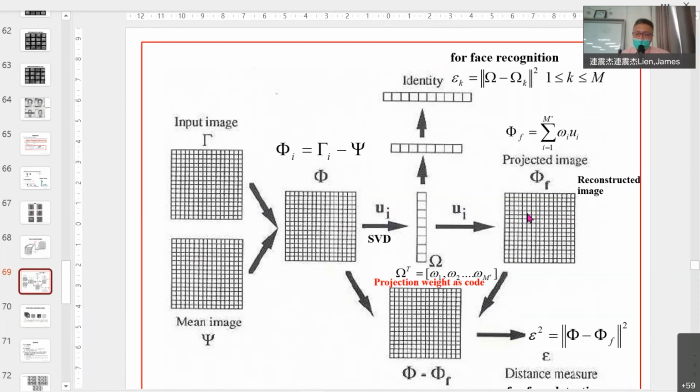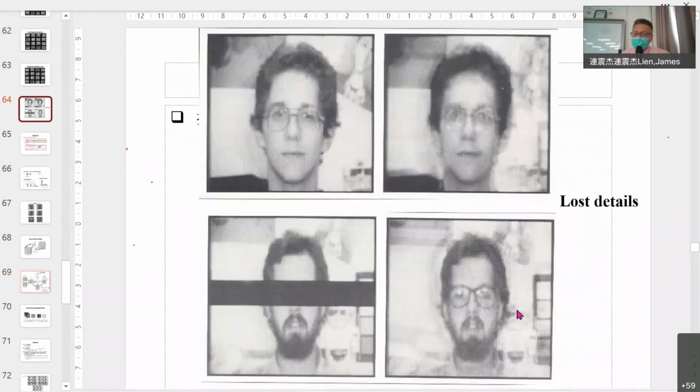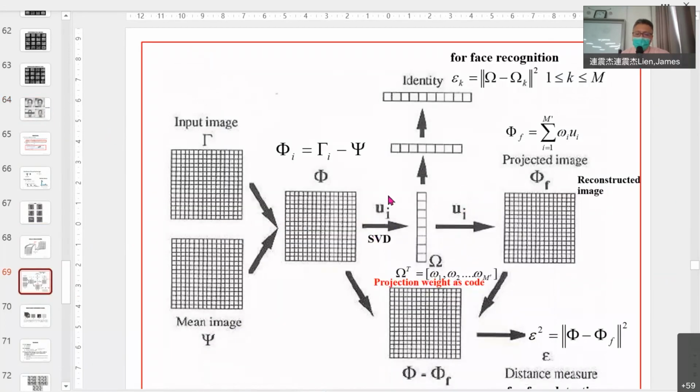We can also do reconstruction based on the same projection, the same eigenvectors. This is the reconstruction result. So in PCA, the analysis eigenvectors are the same as the synthesis eigenfaces. That's no good, so your reconstruction result is not so good. 这是它的缺点，就是分析的 eigenvectors 等于合成的 eigenvectors，直接拿来用，就 reconstruct 回来。